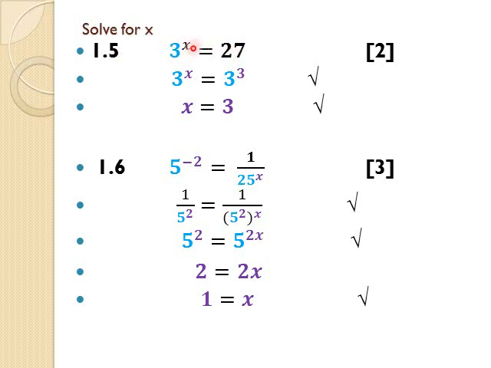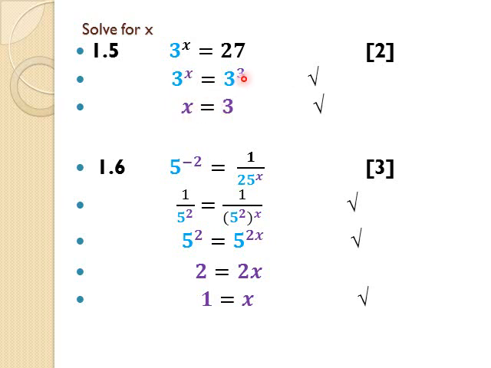So with exponential equations, either we're going to try to make the bases the same or the exponents the same. In this case, we're trying to solve exponents, so the bases must be the same. So 27 can be expressed now as 3 to the power 3. If you have a Casio FX82, say 27 equals shift fact, and it will give you 3 to the power 3. Now, because the bases are the same, I can drop them,